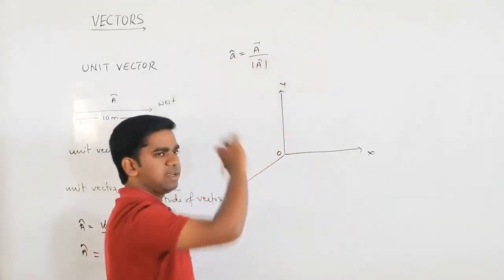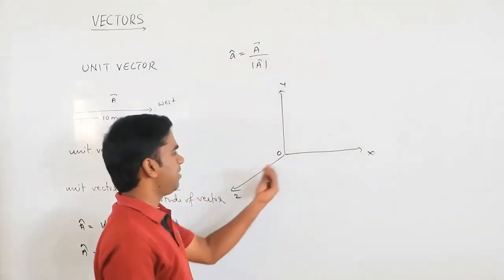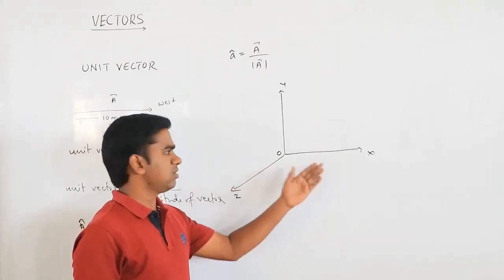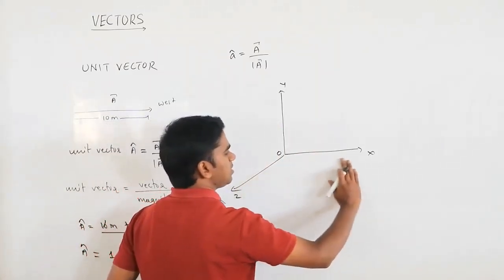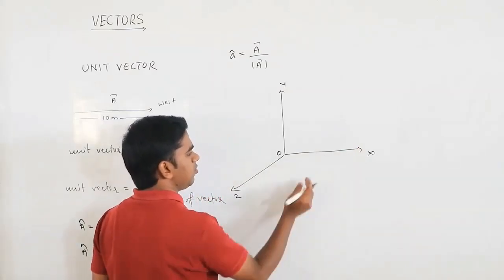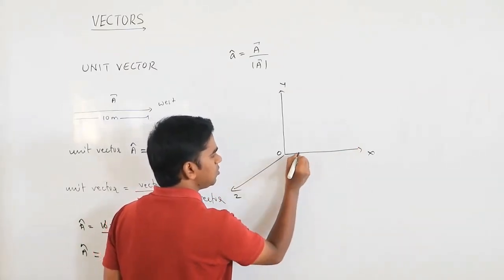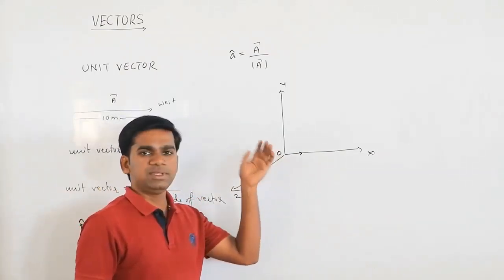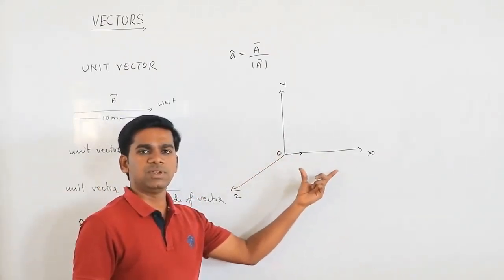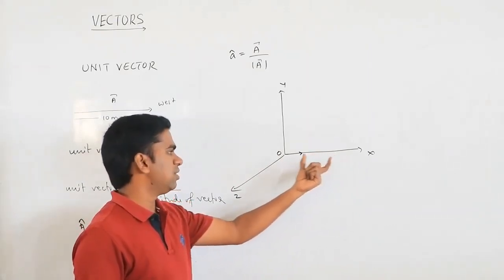Y also you can take any quantity. You can take anything along the x, y, z. So suppose along the x you take some quantity, then what is its unit vector? You have to take the unit vector over here. If you multiply that unit vector with its magnitude, you will get the actual length of the vector, or